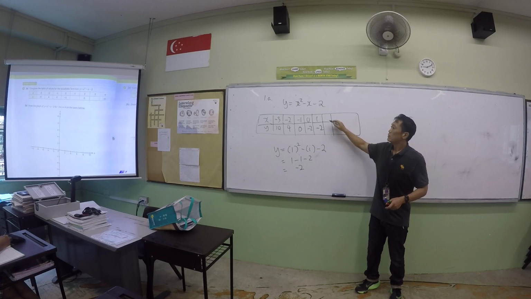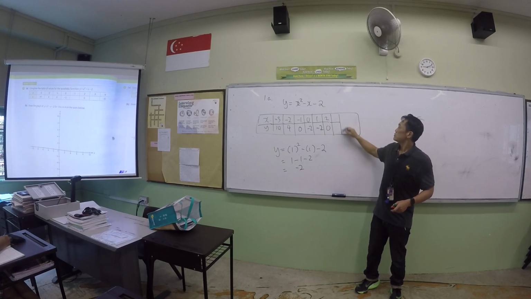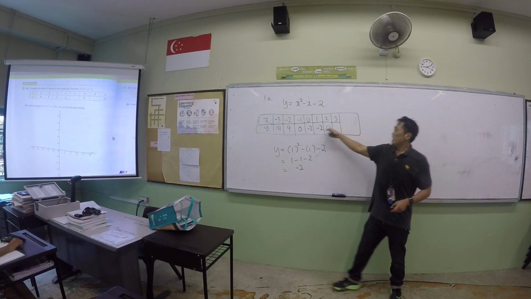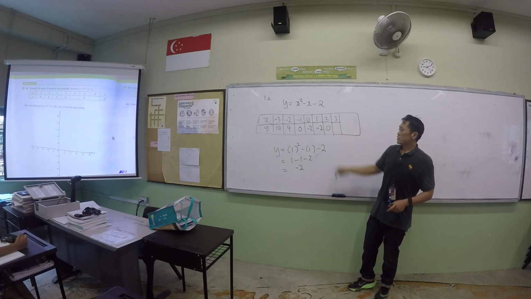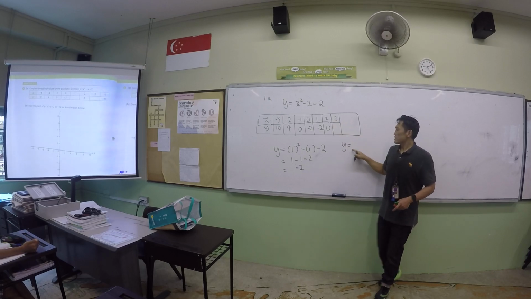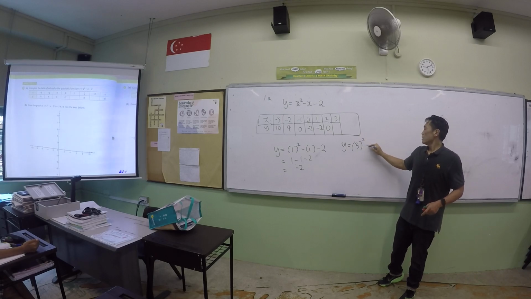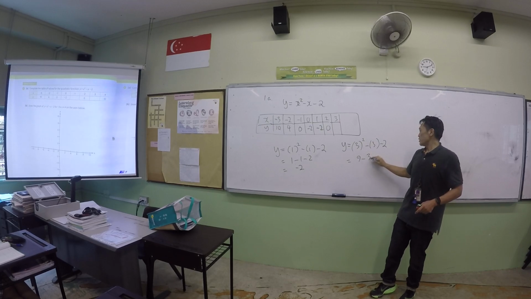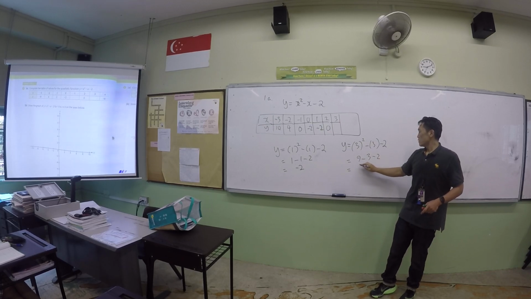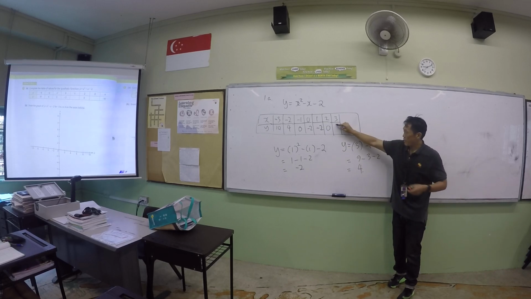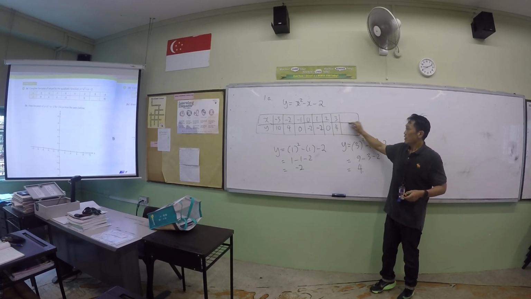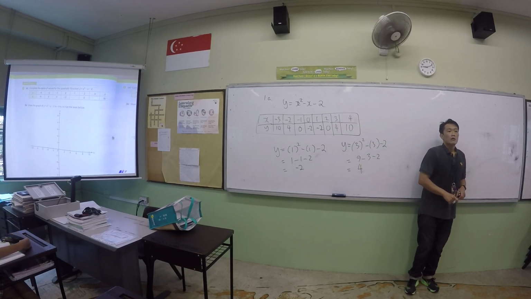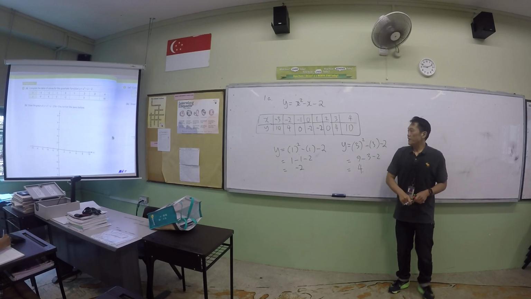Okay? Next blank comes about. What is y when x equals to 3? So y is 3 squared minus 3 minus 2. 9 minus 3 minus 2. So equals to 4. Then you can fill in this value. Lastly, they give you. Okay? So with this table,